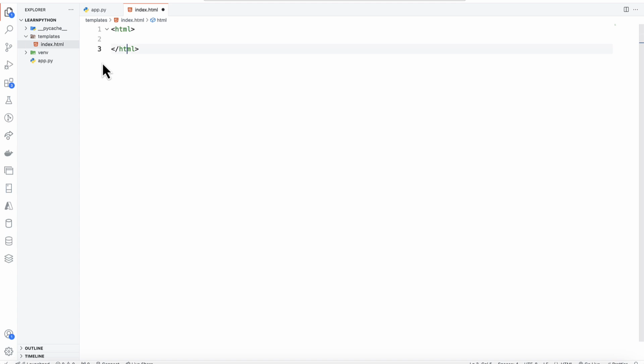Okay, let me just go on here. So HTML, and then this is my body tag, which is perfectly fine. So that's my body tag. Now, this is plain HTML which is going to display, but in case you want to